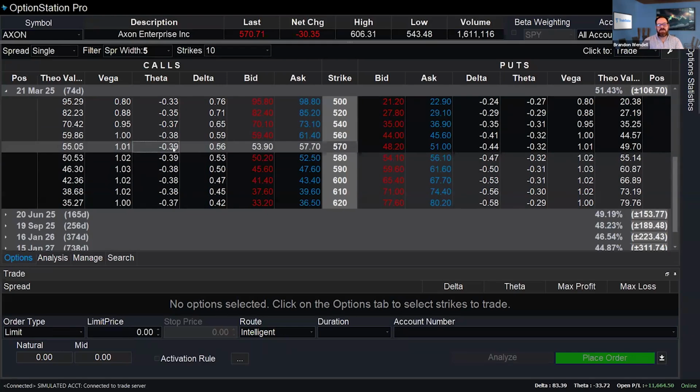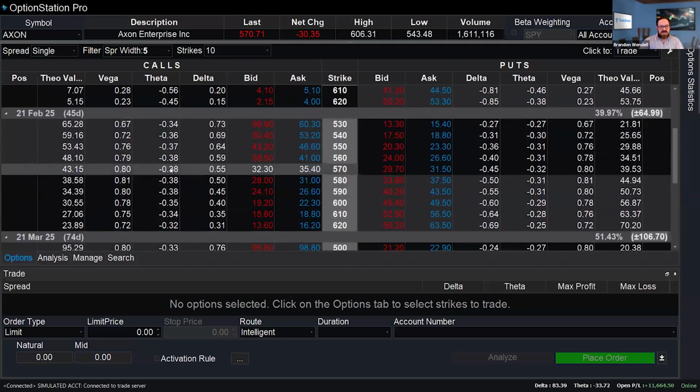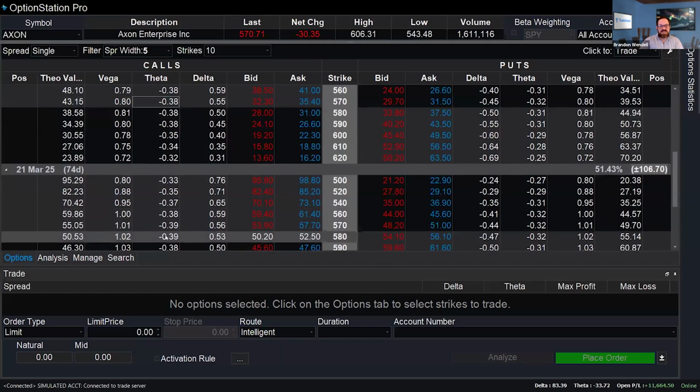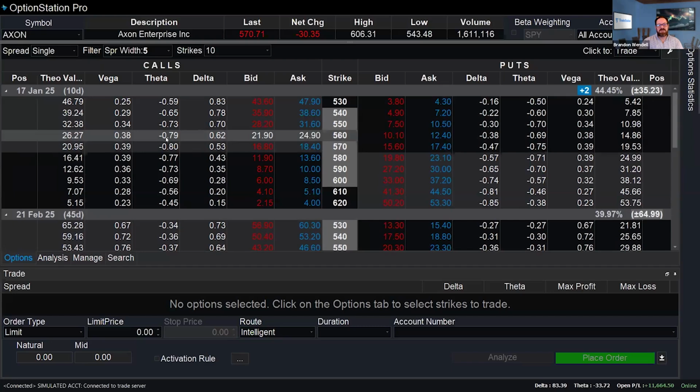Well, the theta might go from negative 39. And look at that. Actually, it doesn't even change much, does it? The time decay between 74 days and 38 days is actually better, which is odd. You would expect the theta to increase a little bit as you get closer to expiration, right? Well, it definitely increases when you go inside of 30 days. This only has 10 days till expiration.